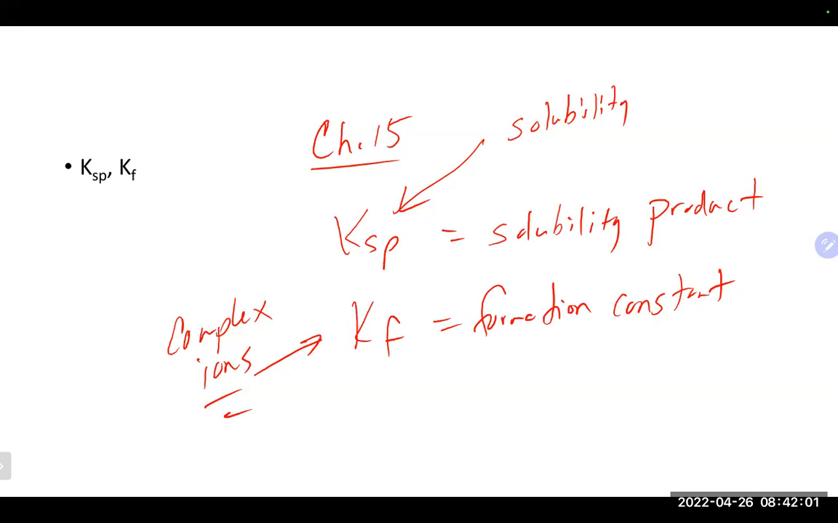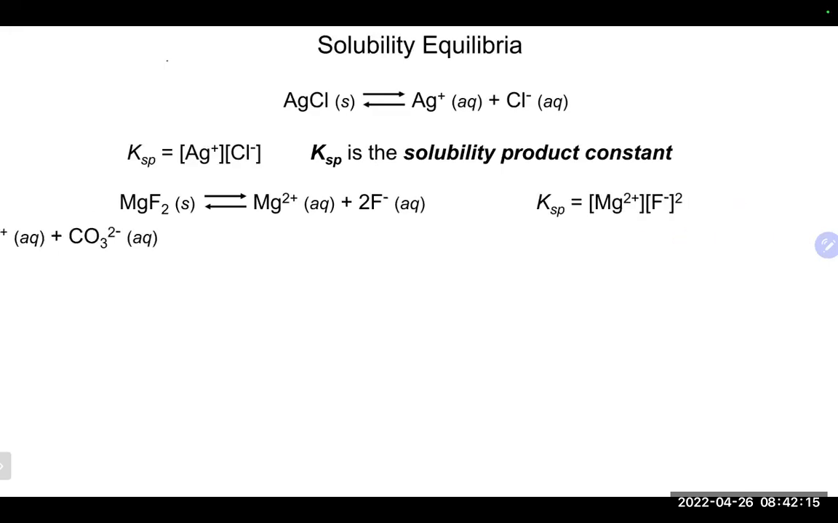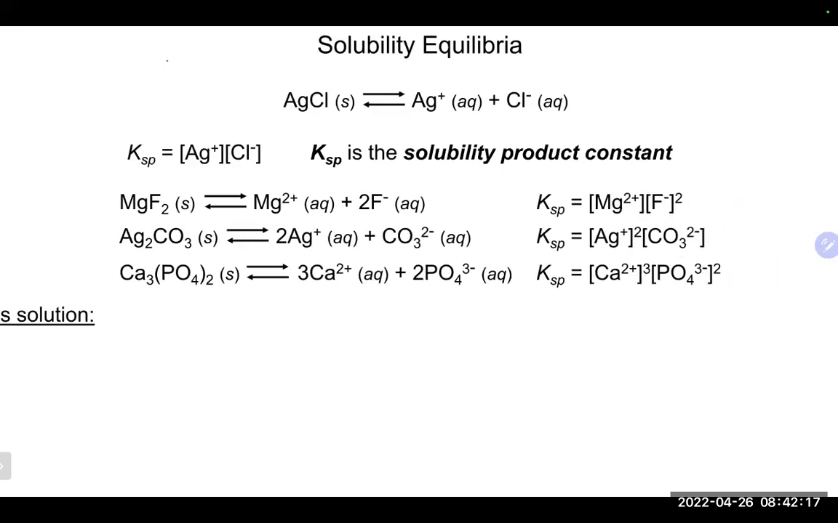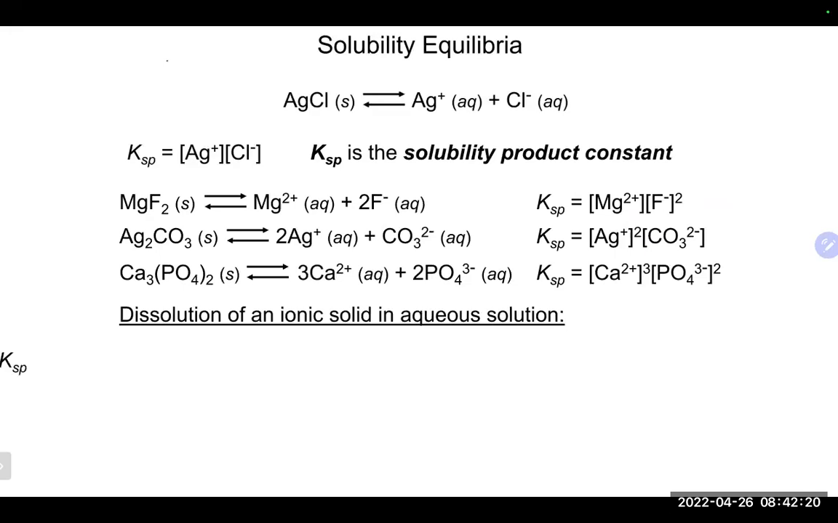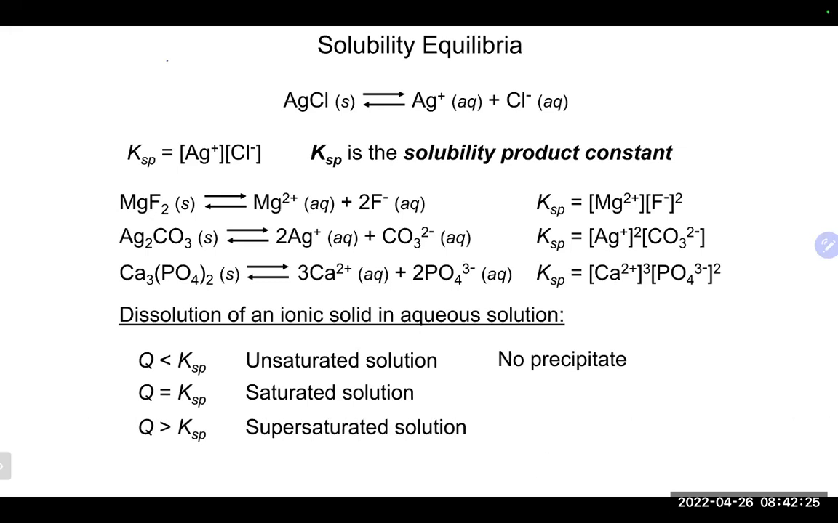So we do pretty similar types of calculations. There's a few sort of tweaks that we do along the way. So let's start with Ksp. Ksp is what is known as the solubility product. It is typically the equilibrium constant that we use for things that are insoluble. So this is kind of the guy that we use for things that we typically think of as being insoluble